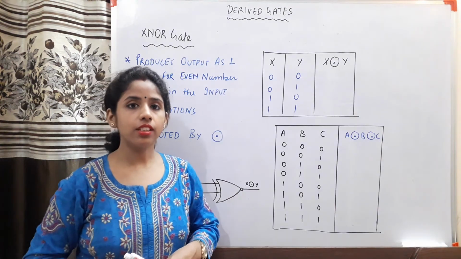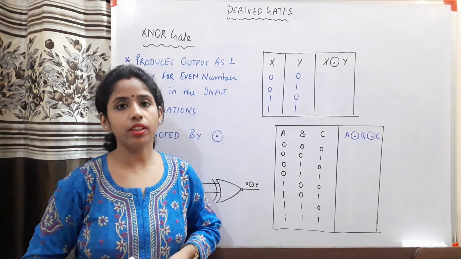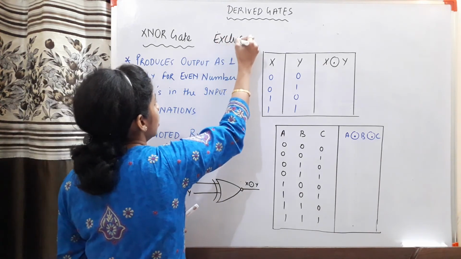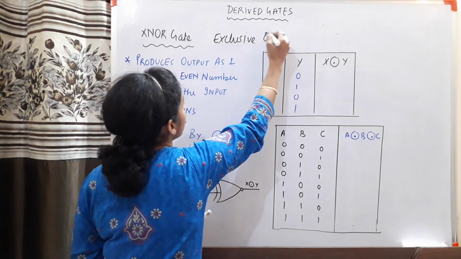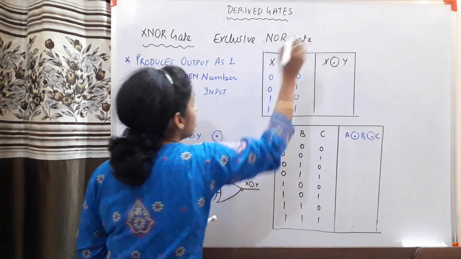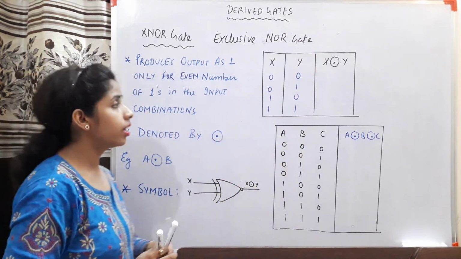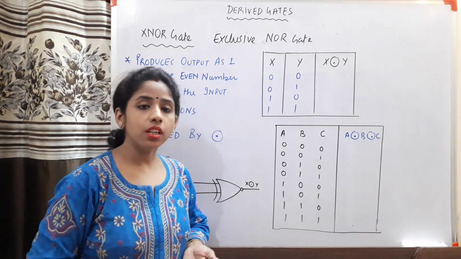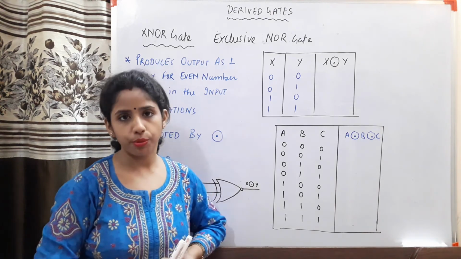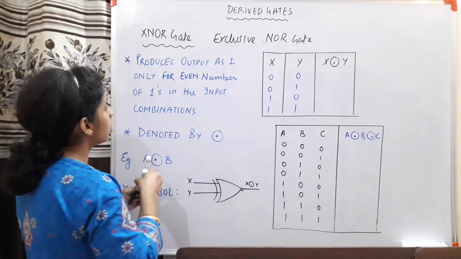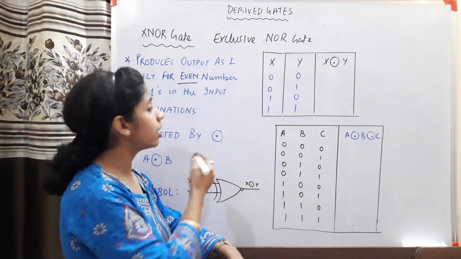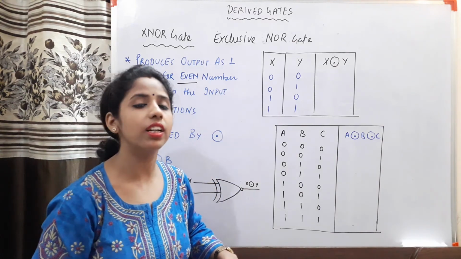So the next gate is the XNOR gate, which is called the exclusive NOR gate. The XOR gate was called the exclusive OR gate, and XNOR is called the exclusive NOR gate. So it is made with the help of the NOR gate. Okay, and here the rule is opposite. Here the output will be 1 only when there are even number of ones in the input. Okay, so see here, even number of ones in the input. So if this is the truth table, you can see that it is a binary gate, so you will have to give at least 2 inputs.